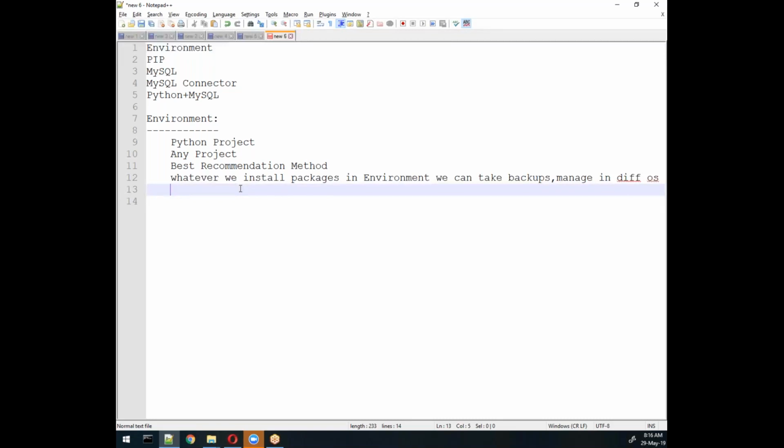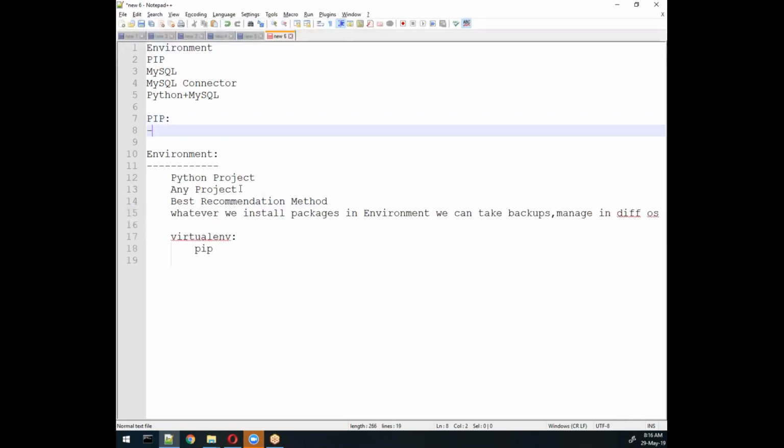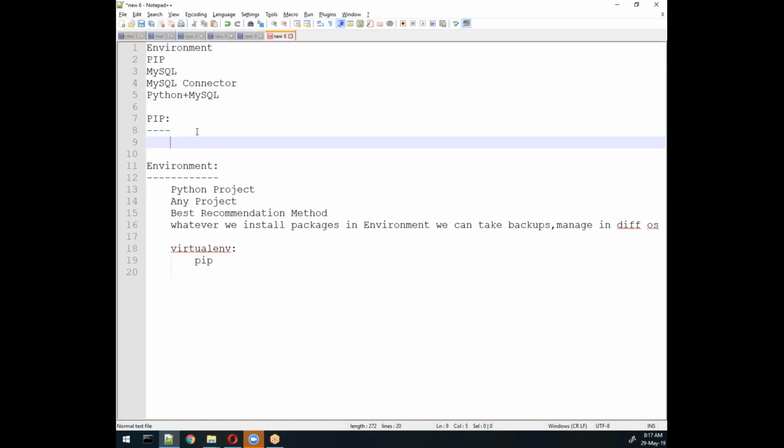We saw there is one concept called virtualenv. This is basically a command, or you can say a tool, which helps us create and manage environments. It comes into your system through the pip command. Pip is the Python package installation manager, especially for managing and installing Python-based packages. And remember, virtualenv is also a package developed in Python.